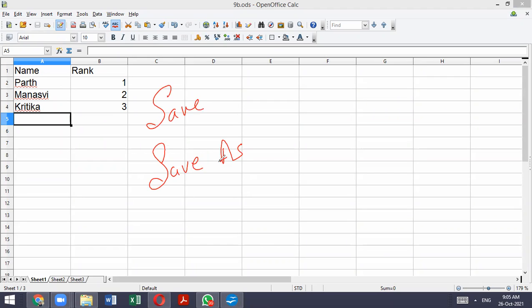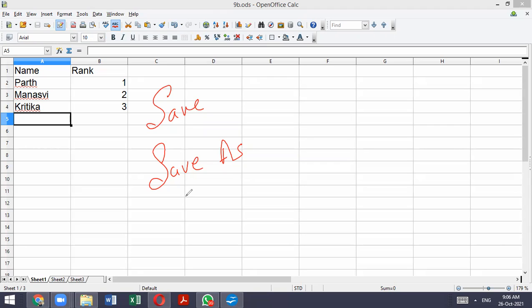If we save the file, then it will be saved normally, and if we click save as, then a dialog box will appear and ask to rename the file or change the location of the file. In both the cases, a dialog box will appear if I am saving for the first time. Anyone else? Parth was close to the answer, but not what I am expecting.